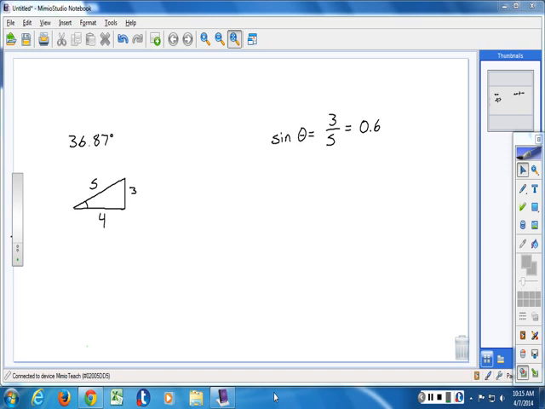0.6. Another reason why I like the 3, 4, 5 triangle is that the decimal numbers that match them come out to nice even numbers. A lot of times, if you're working with nice even degrees, the numbers don't come out very even, but if you're working with nice even numbers, the angles don't come out right. It seems like there are not really any good combinations that give you this nice perfect world. But that's okay. We don't need to worry about that because we'll see that all of them relate to each other. So if the sine of this angle is 3/5 and this angle was 36.87 degrees,